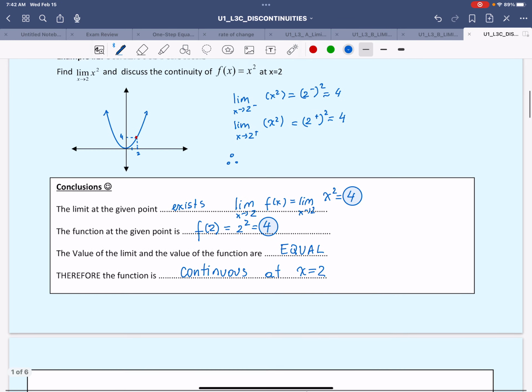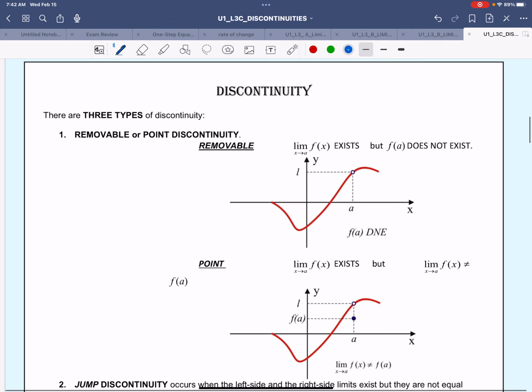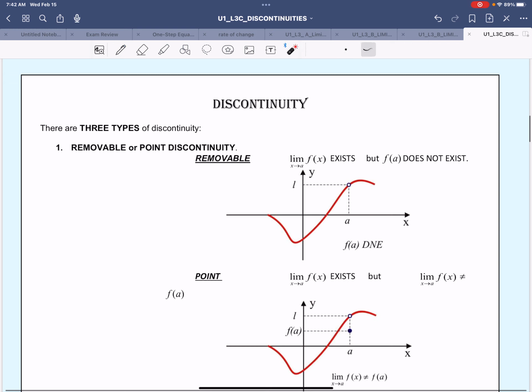Now, let's take a look at a more interesting side of continuity. So, when is a function discontinuous? So, let's discuss discontinuity. There are three types of discontinuities that we discuss in this course. Number one,